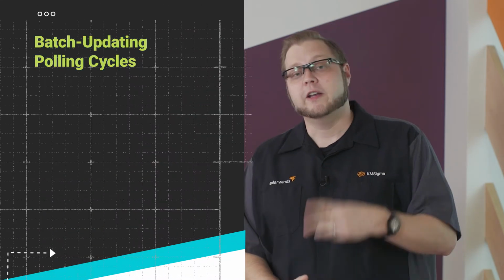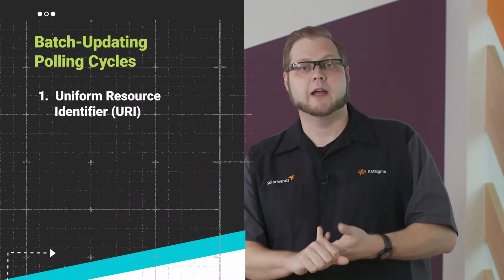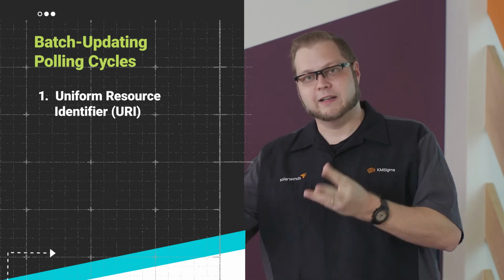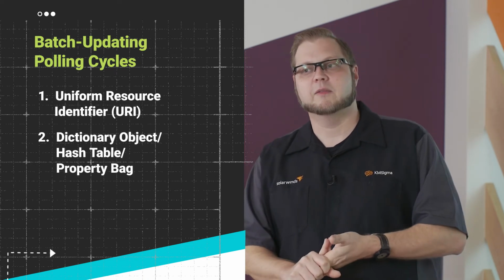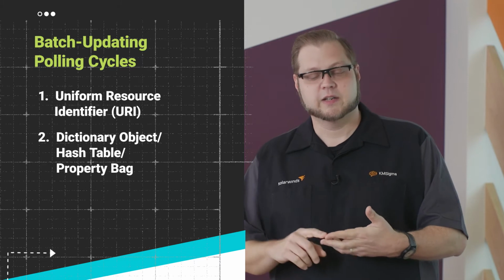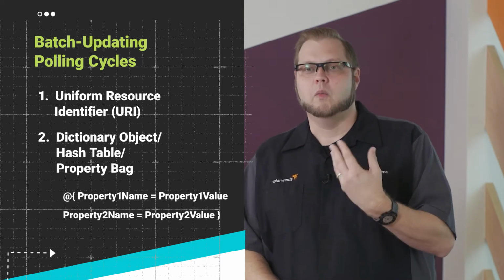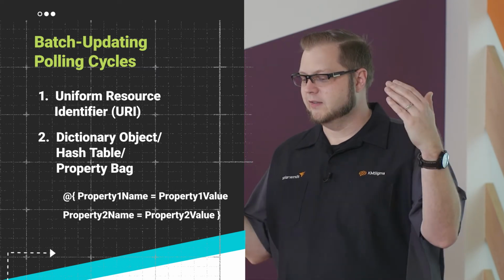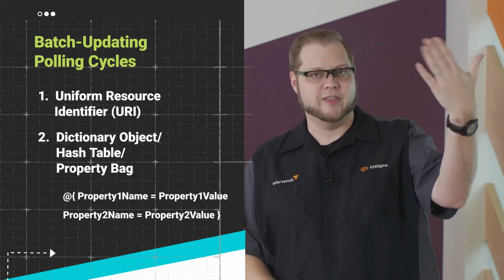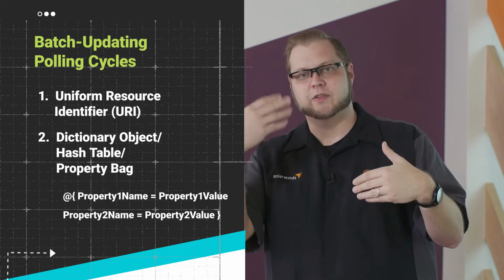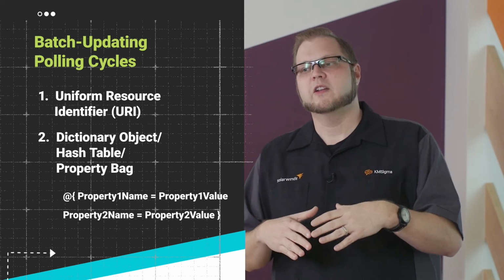Now, for this one, you really only need two things. You need number one, the URI. We already spoke about what that is, the unique identifying element. And the second thing you need is something that's either called a dictionary object, a hash table, or occasionally a property bag. I'll show you an example, but what you really want to understand for that is basically it is a group of data that says this thing equals this, and this thing equals this, and this thing equals this. So essentially you're really only sending two things, but the second thing you're sending has a whole bunch of data in it. It can have one element or it could have dozens of elements in it. It'll make more sense in the example, so let's dive in.